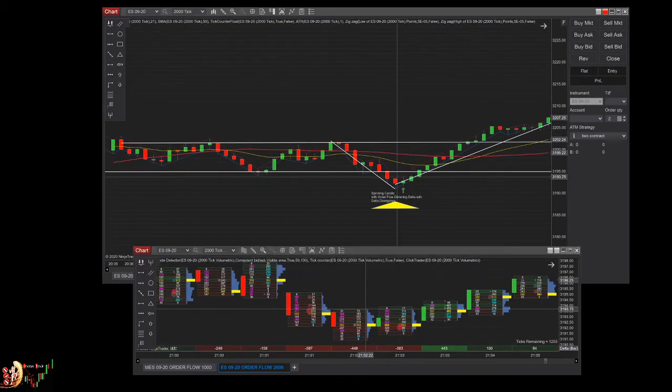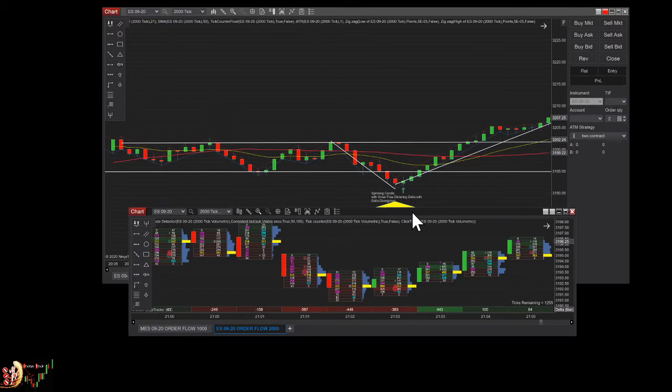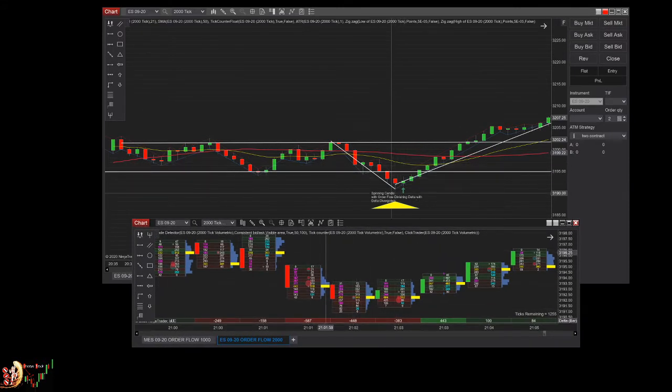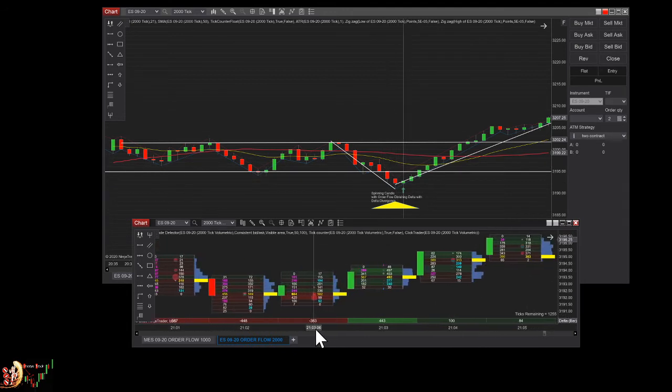Basically, I will look at the delta, meaning the numbers down here. I will look for the delta to decrease 3 times. Meaning if the delta is at minus 500, I will look that the next candle is minus 400, and the next candle is minus 200. So I have to have 3 candles that are decreasing. What I see over here was minus 587, minus 448, and minus 383.